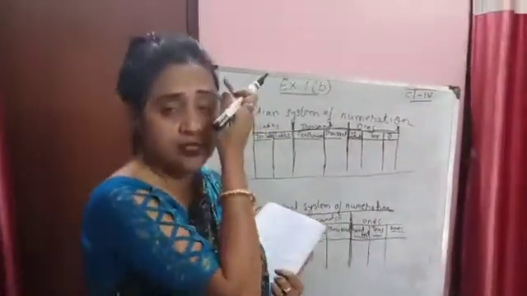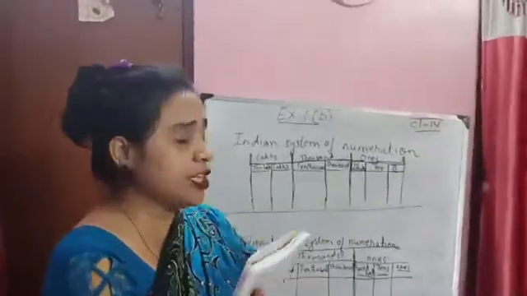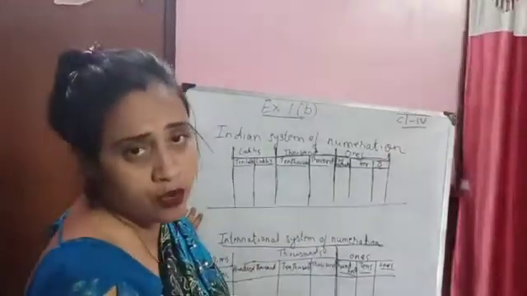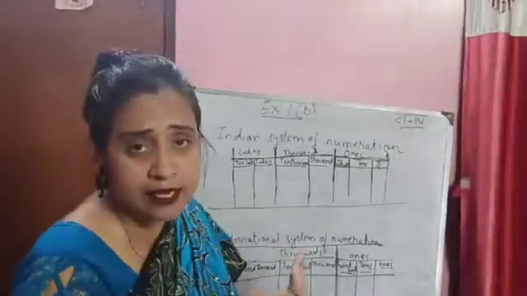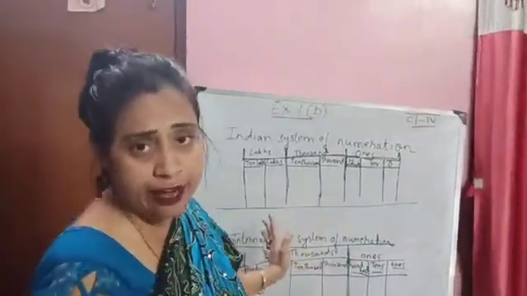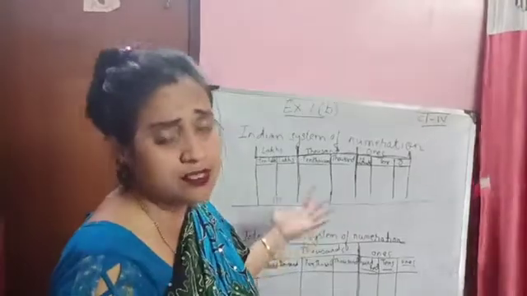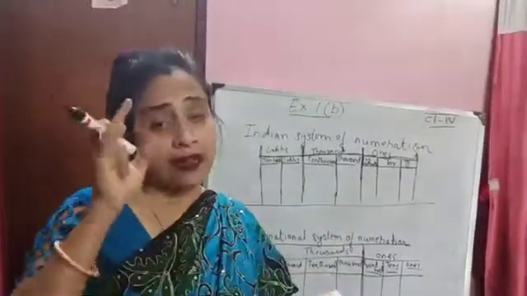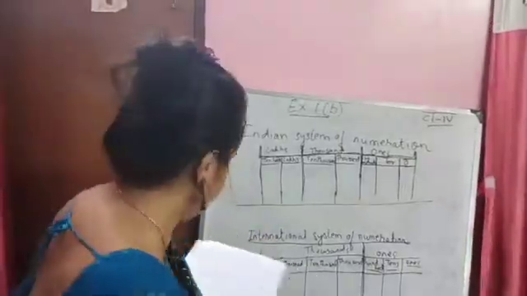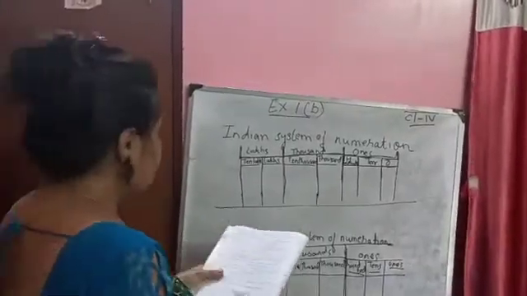This is there in your syllabus, so I'll be concerned to teach you only up to this portion. Okay, and when you go to the higher class, you'll see more about the billions, more about the crore, you will find it over there regarding the international system and Indian system. So today I'll go for a single sum, and I'll write the sum in two different manners. Just see, it's given over here.